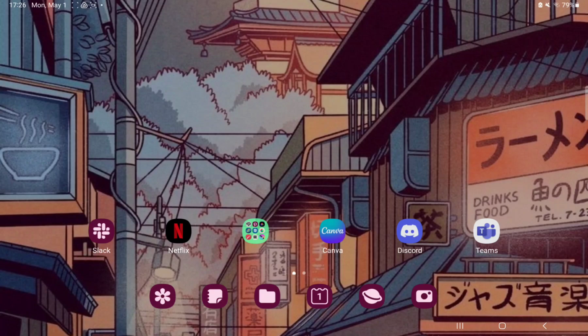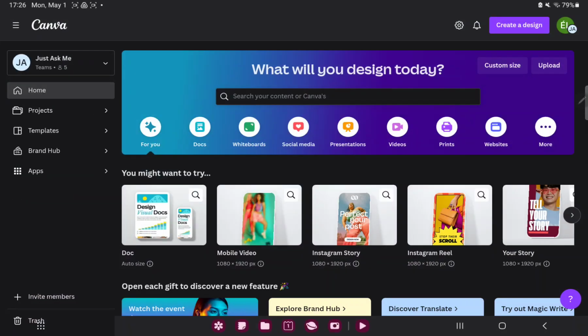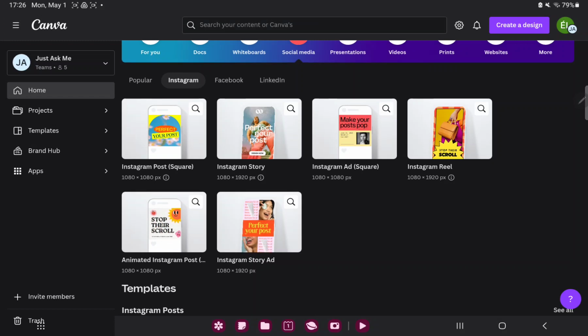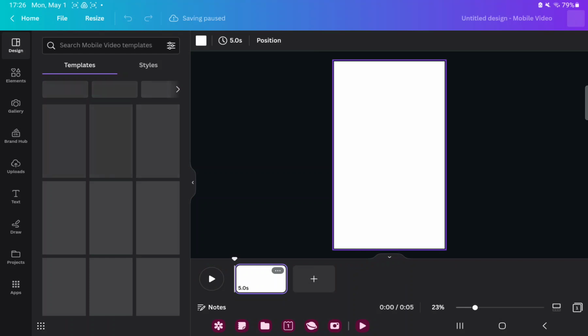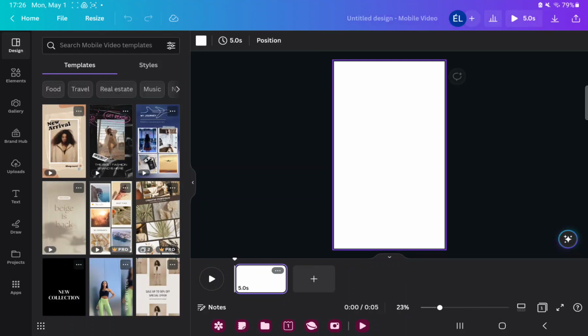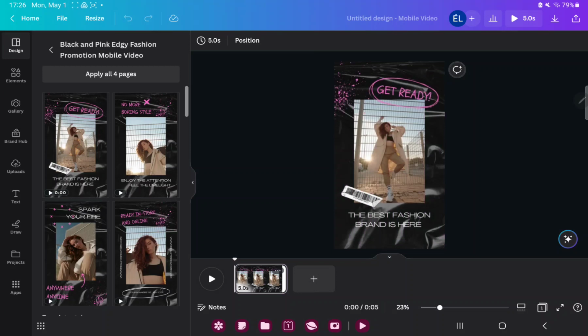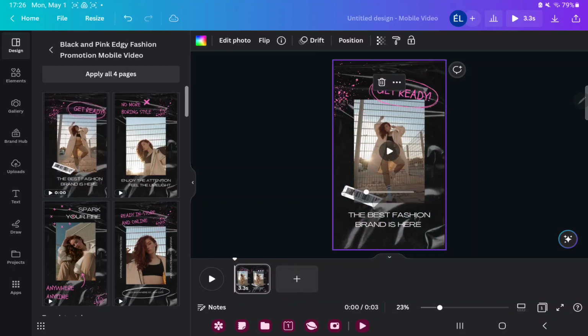First of all, open the application on your device. Tap to the social media section next to the whiteboards option and go to the Instagram section, and here you can find the Instagram reel option. In the designs section you can find the different templates and just select one and tap to your canvas and